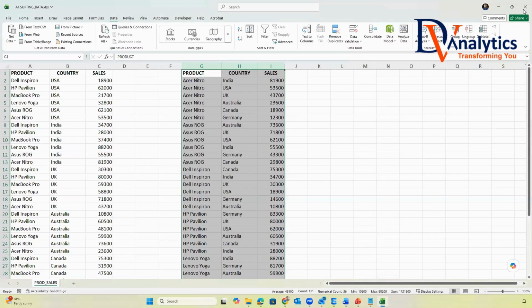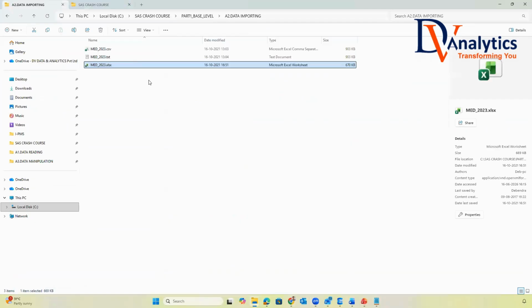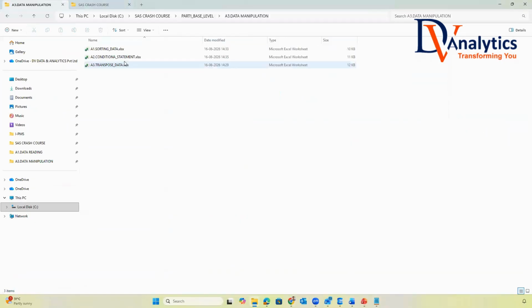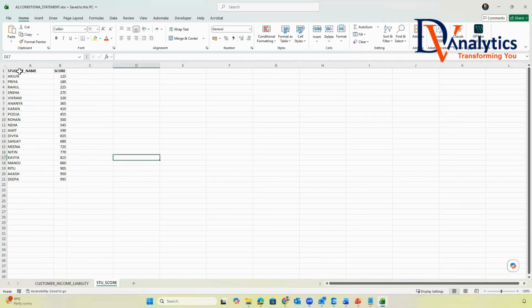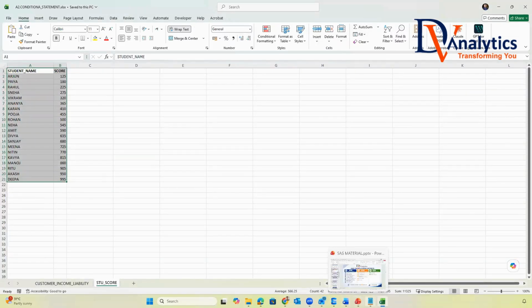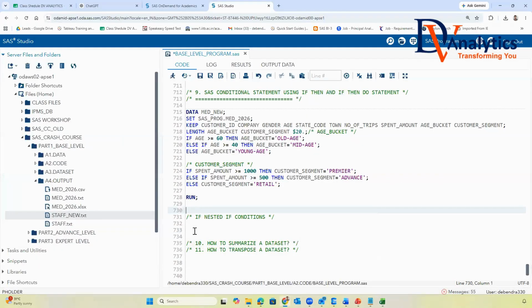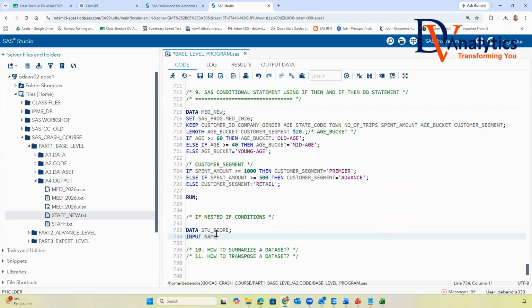Look at the data. I have given some data here, the student score. Data student_score, input name and score.